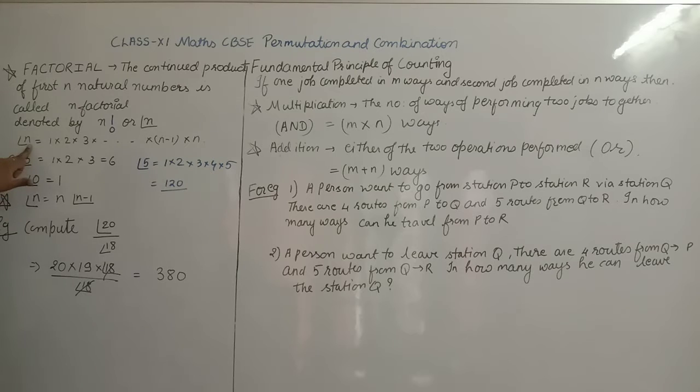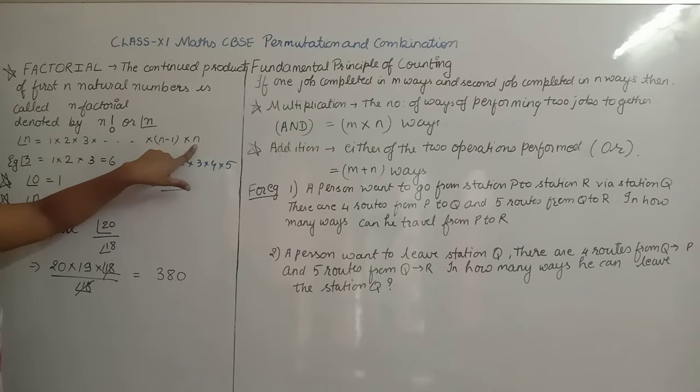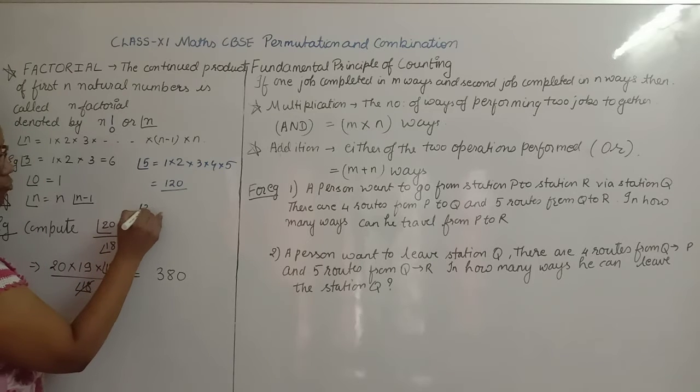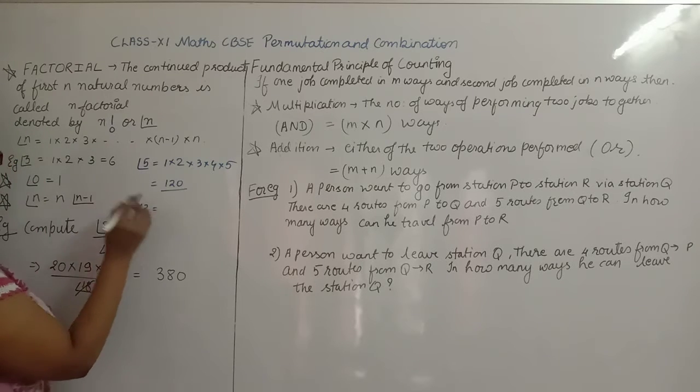So that is why here it is written as factorial n is equal to, we have started from 1, multiplying till n, and before n what is the number? n minus 1. Some basic rules that you all have to learn: factorial 0 is always 1. Factorial n is the continuous product till n. Now suppose you are doing it for factorial 3 also.